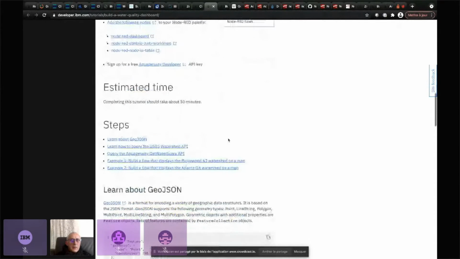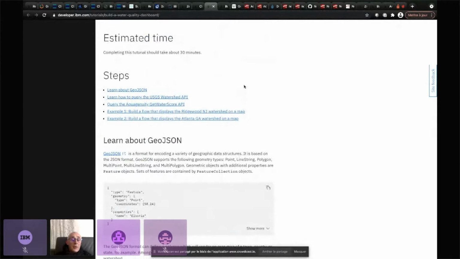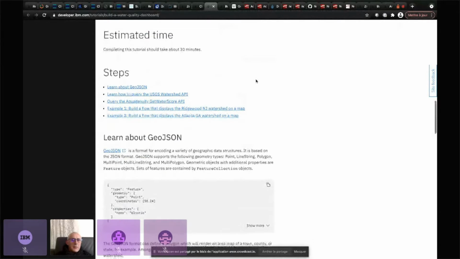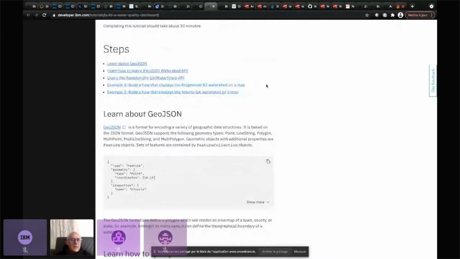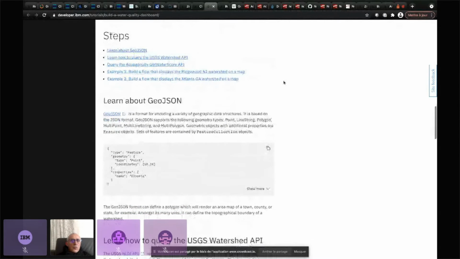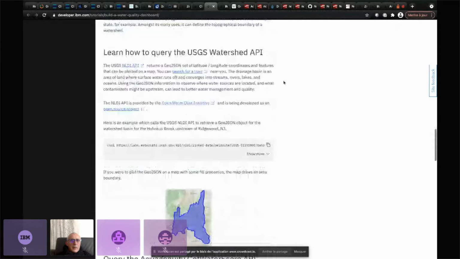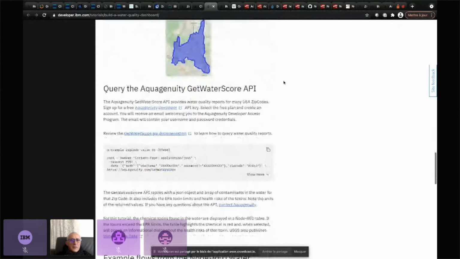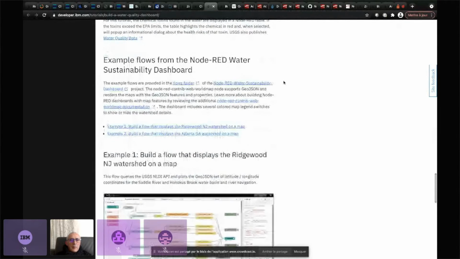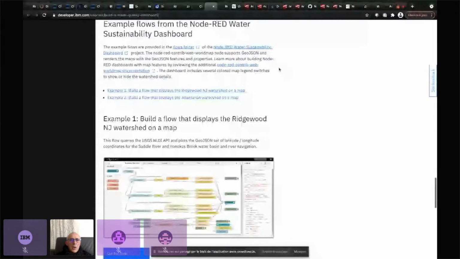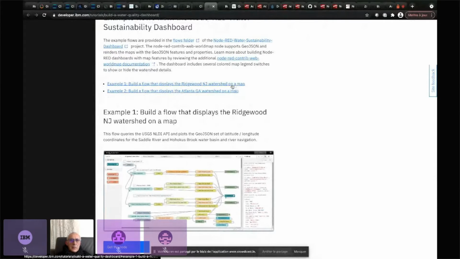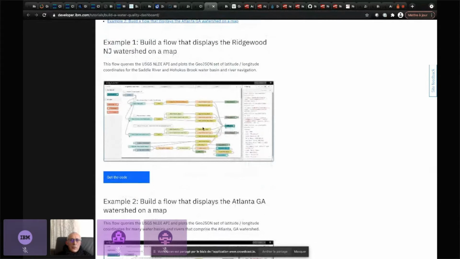This is the 30-minute tutorial, and indeed I did it in 30 minutes. It's a reasonable time to do it. You learn about GeoJSON, and then after importing all this information and having subscribed to Aqua Ingenuity for getting pollution data, you basically import the flows from a GitHub, and you can import them in your newly created Node-RED environment,